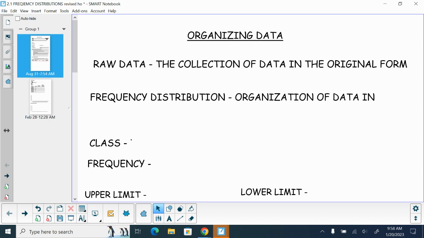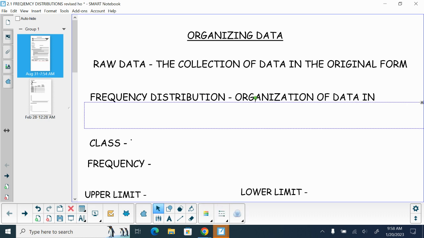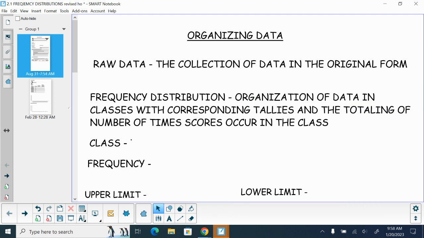Okay, so raw data is a collection of data in the original form. That's just listing numbers. I have 7, I have 9, I have 12, I have 15, I have 4. Okay, I just write it down in the original form. Frequency distribution,